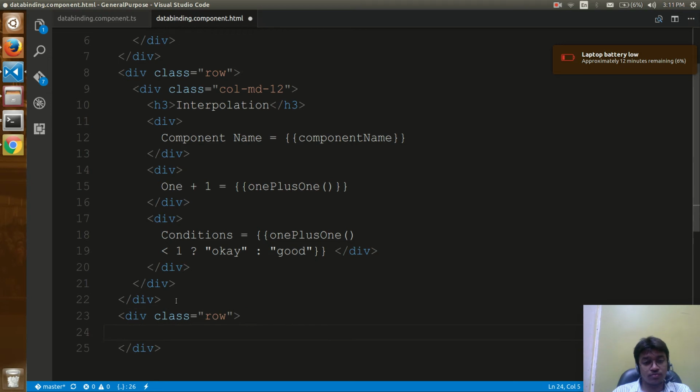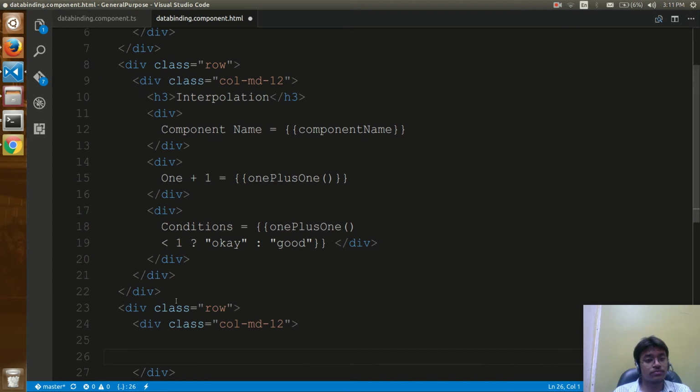Dot row, dot col md 12, and into that you can have h3, and here I can say property binding,